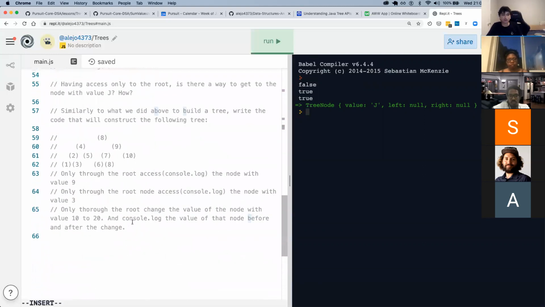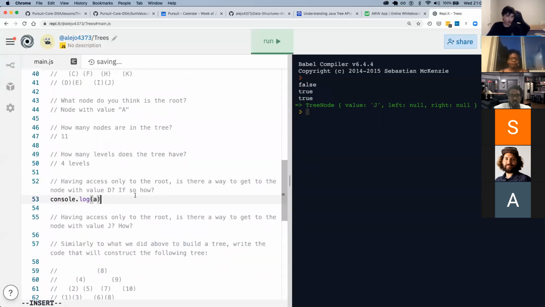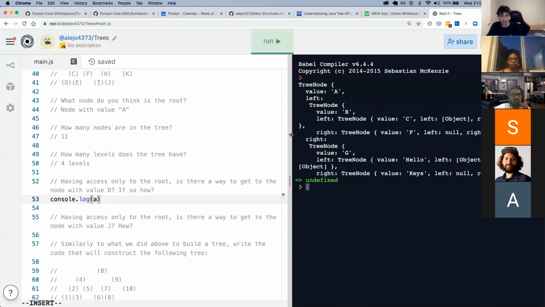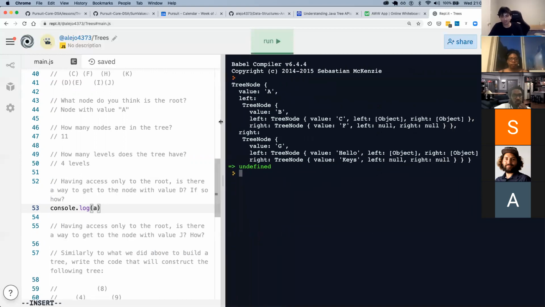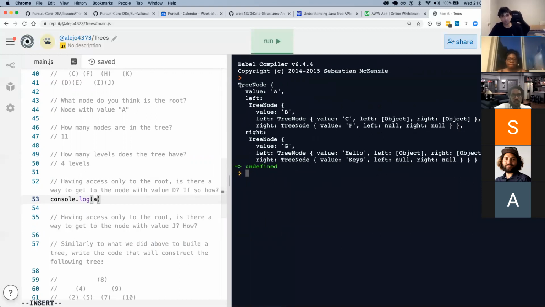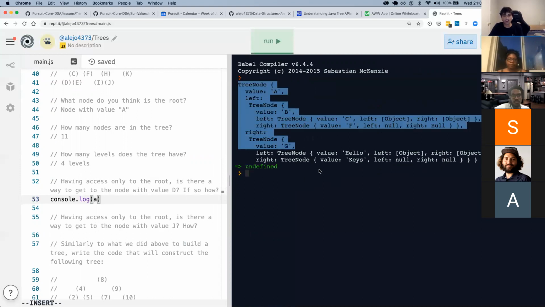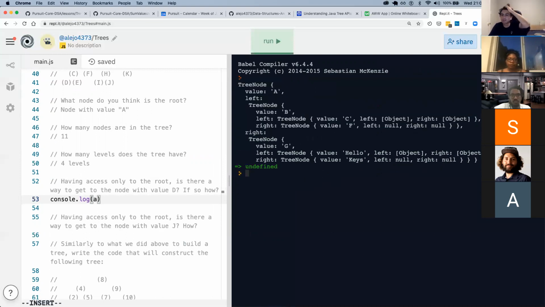Okay, so now we're going to look at this. When we console log a, we get a lot of stuff, and this can be confusing. I remember being confused by this. What console log is doing is executing a traversal algorithm, and it does it all the time.